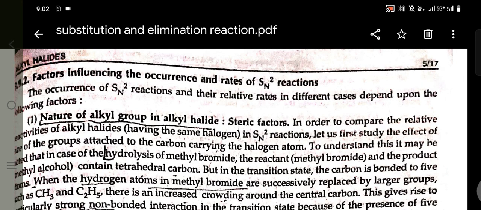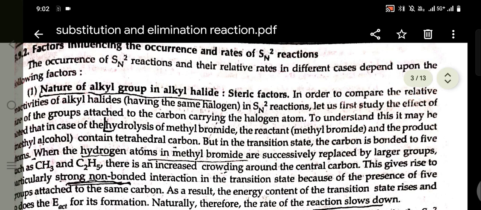Factors influencing the occurrence and the rate of the SN2 reaction. The occurrence of SN2 reaction and their relative rates in different cases depend upon the following factors. First, the nature of the alkyl group in the alkyl halide. Steric factors. In order to compare the relative reactivities of the alkyl halides having the same halogen in SN2 reactions,